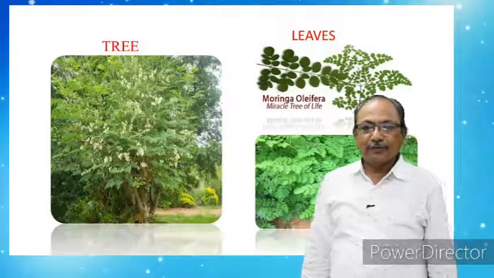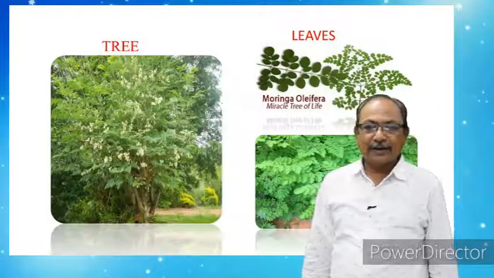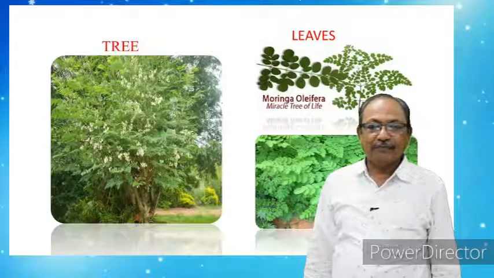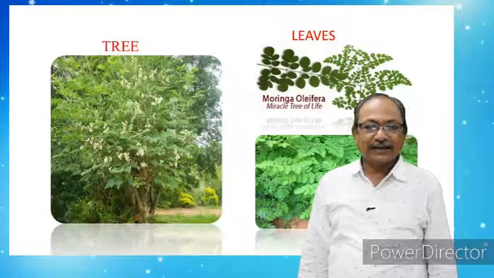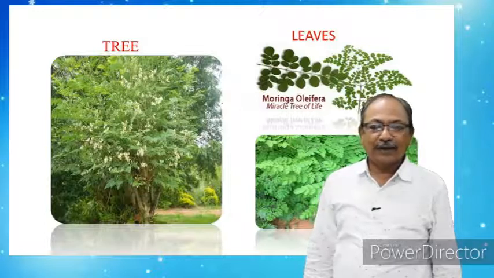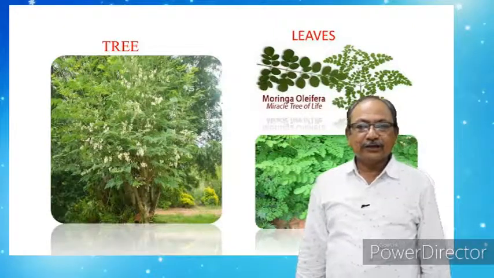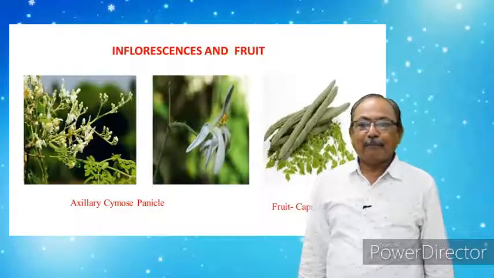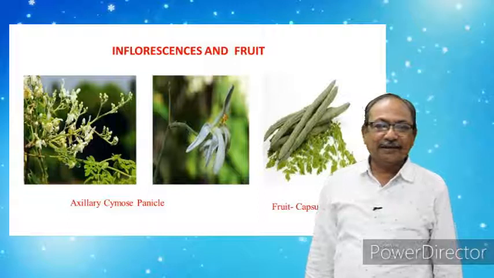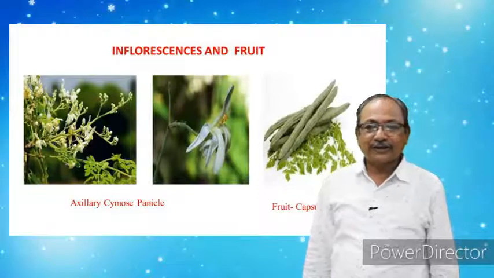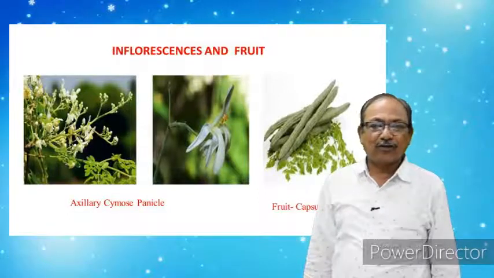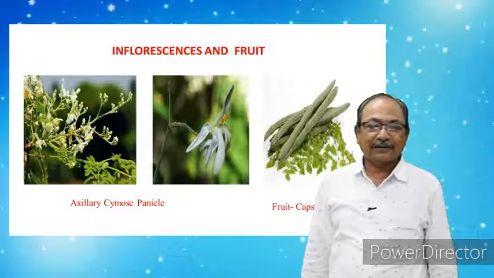The leaves of the Moringa are alternate, tripinnately compound, with each pinna bearing 4 to 6 pairs of leaflets that are dark green, elliptical or ovate and 1 to 2 cm in length. The inflorescence of Moringa is a spreading panicle bearing many fragrant flowers. The flowers are pentamerous, zygomorphic, white to cream in color.